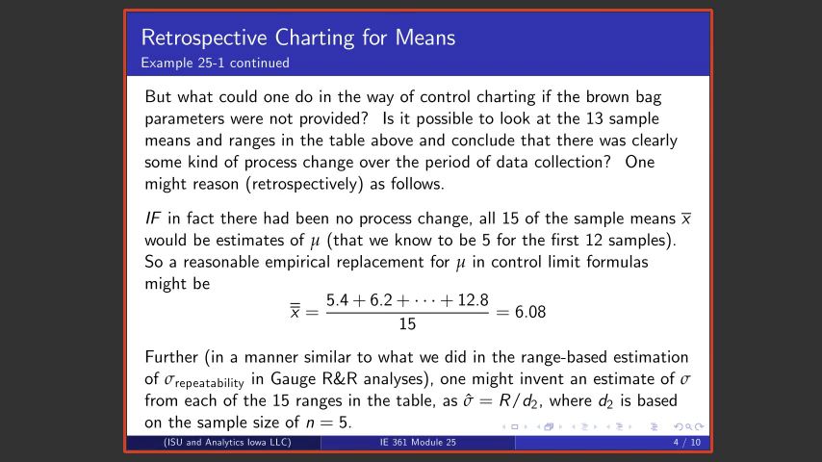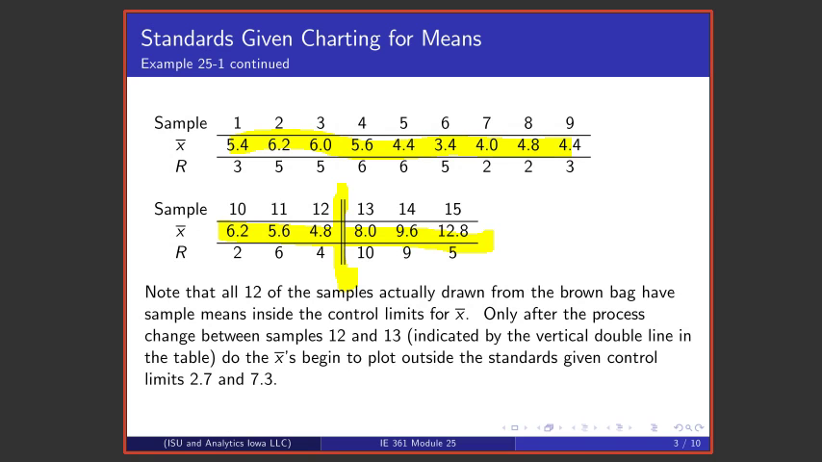There's a reasonable question that then arises: what if one wants to do not standards given control charting. Suppose that one didn't know what the ideal brown bag process was, but had only these values to work with. What if one wanted to do retrospective charting? Well, one thing that one could do would be to say, I have 15 X bars and I have 15 ranges. Those 15 X bars could be averaged as a provisional estimate of a process mean, saying, well, if